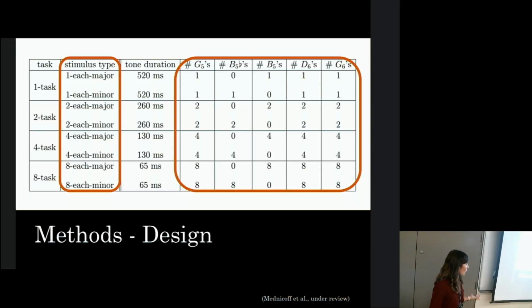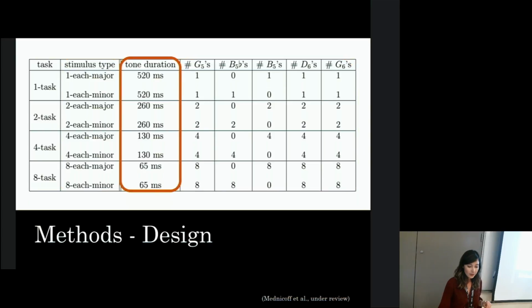And so, for example, the 1 each major only has 1 copy of each major note, whereas the 1 each minor has 1 copy of each of the minor notes, and so forth. And so our main variable that we manipulated was the tone duration of each of the individual tones in the stimuli. The slowest task had each individual tone being 520 milliseconds, while the fastest task, again, had 65 millisecond